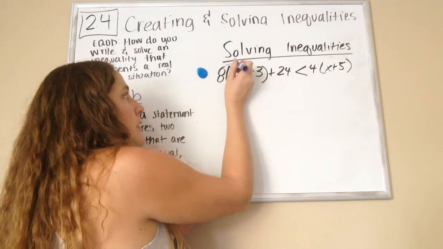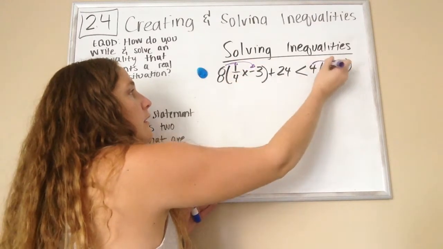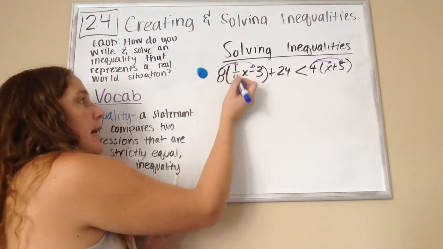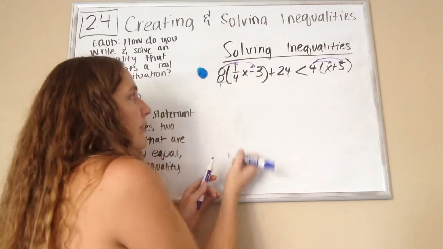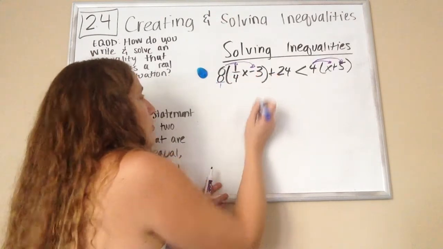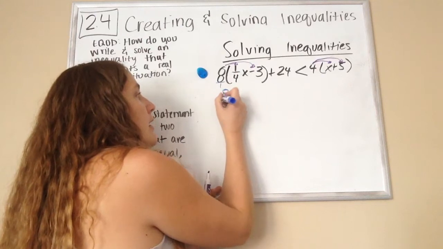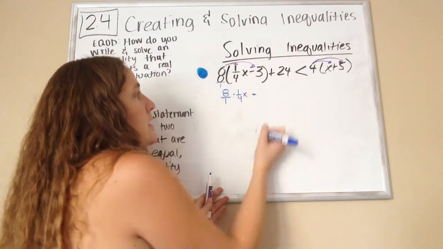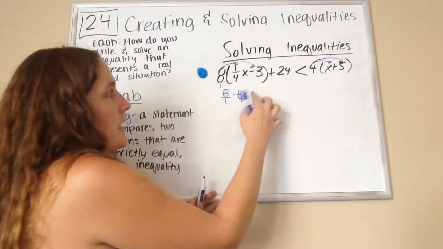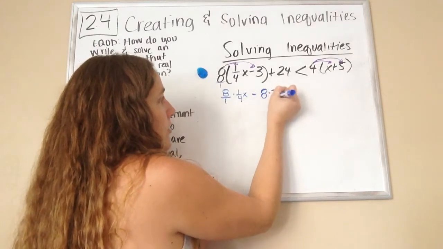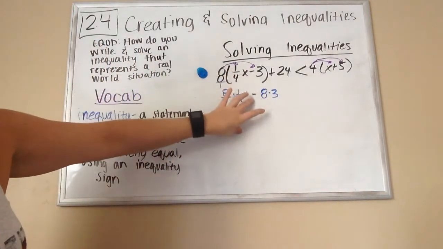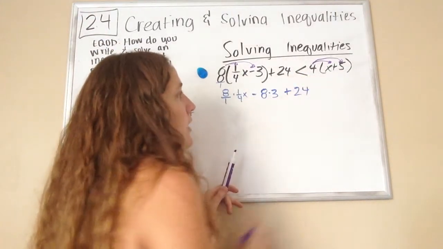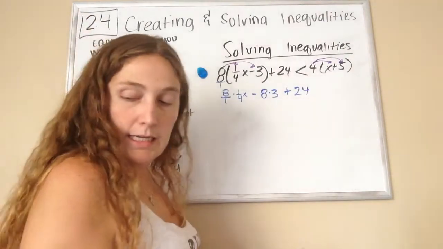So let's do both of them. Let's distribute the 8 here, and let's distribute the 4 here. In this one, 8 times 1/4 x. I'm going to make 8 a fraction to help me out, and 3 doesn't need to be a fraction. So we go 8 over 1 times 1/4 x, minus 8 times 3. The minus is coming right from here. Plus 24, that 24 hasn't changed, nothing's changed about it, just bringing it right down, is less than,